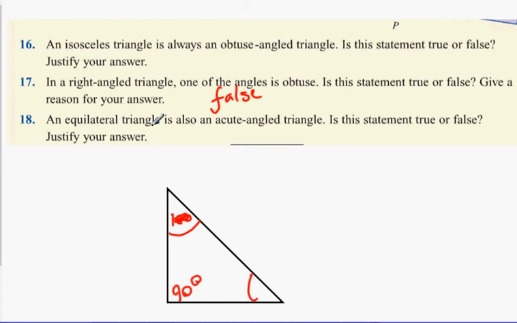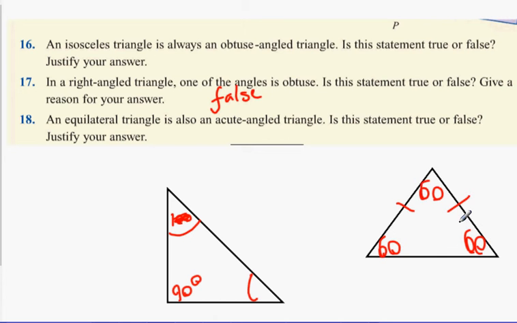Equilateral triangle is also an acute angle triangle. Is the statement true? What does acute angle triangle mean? Acute angled triangle. Anybody know what that means? They're all less than 90. An acute angle, yeah, they're all less than 90. And for a triangle to be equilateral, all three angles have to be 60, because all three sides have to be the same length. So therefore, equilateral triangles have to be acute angle triangles. Okay? Alright guys, that brings us on to number